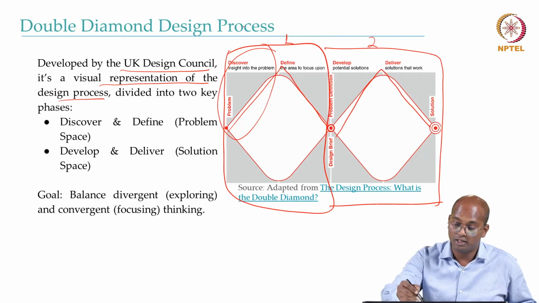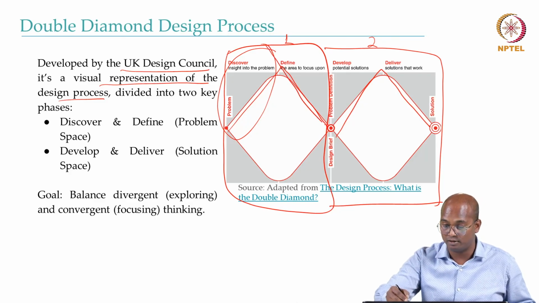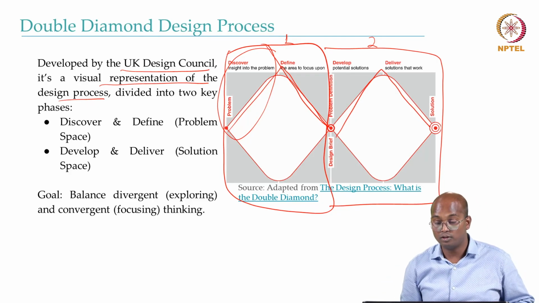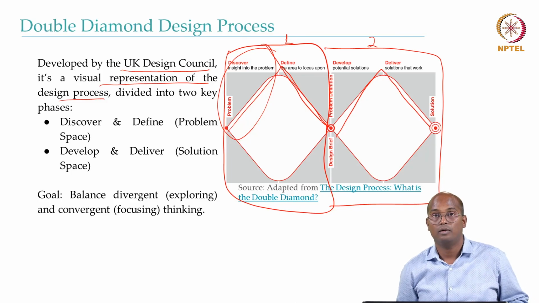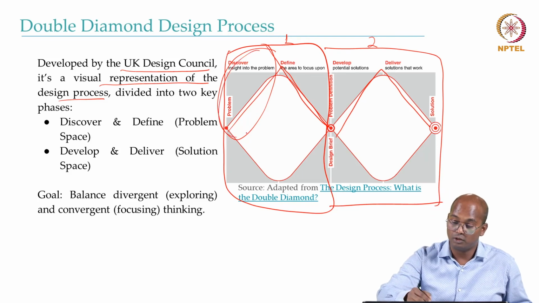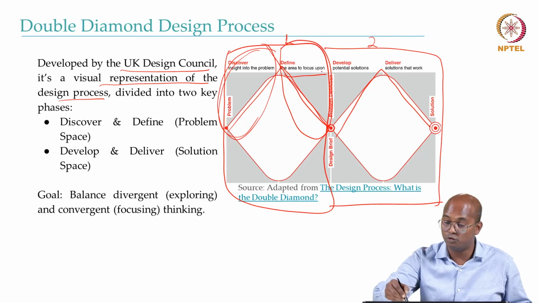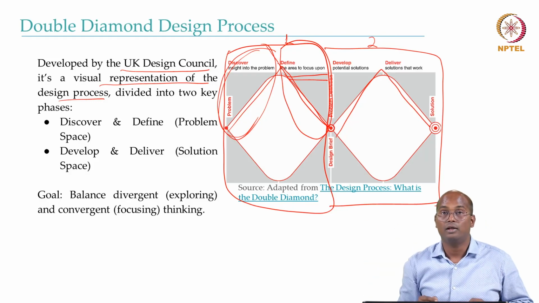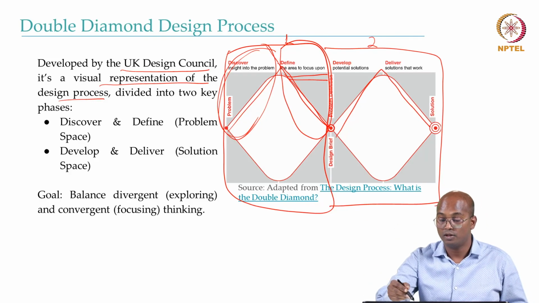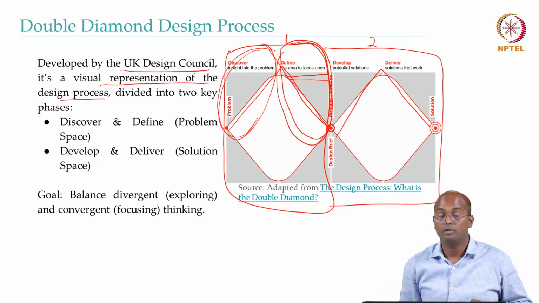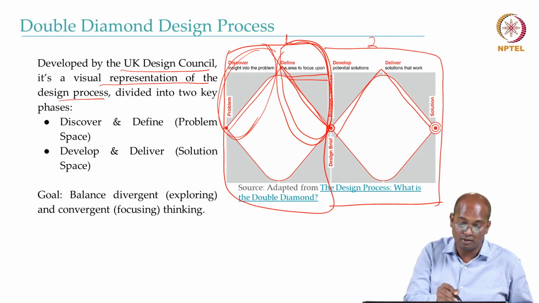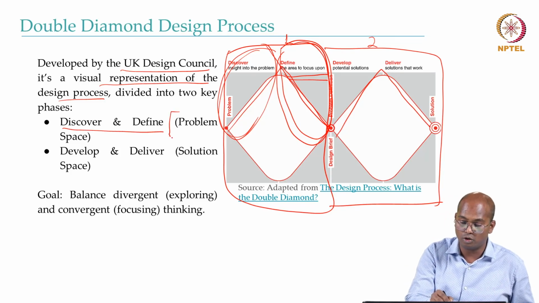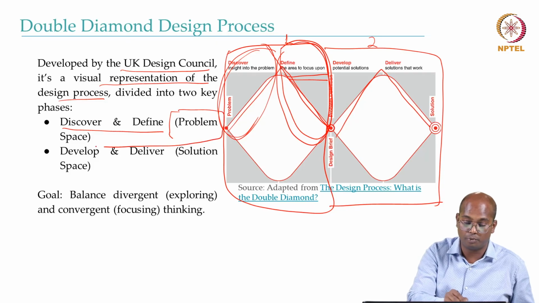So based on so many insights, you can now refine it, because, as I said earlier as well, maybe there are thousands of problems they have, but probably you need to focus on some specific ones. So that is something you can do in the next stage, where you define the area to focus upon. So that is convergence. Given divergence, there are so many insights, so many problems, and then you converge it to probably a few and define them well. So that is called discover and define. In short, this is also called problem space. You are basically defining the problem.